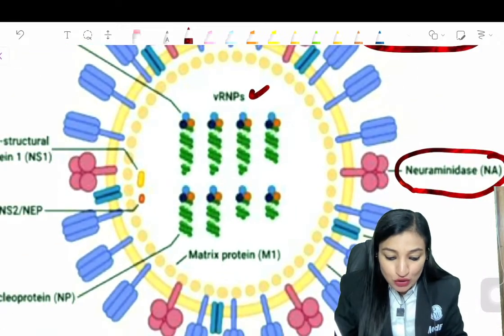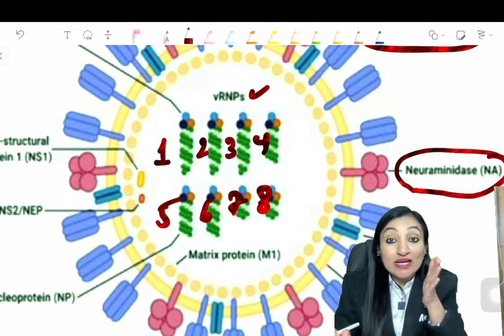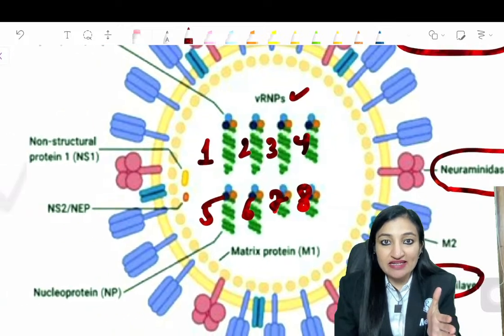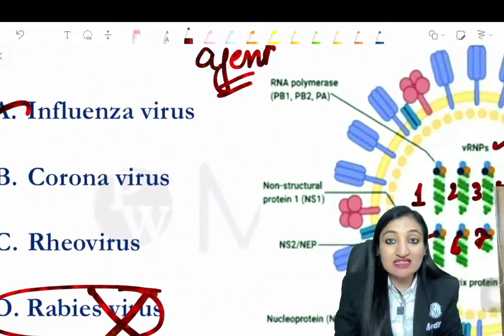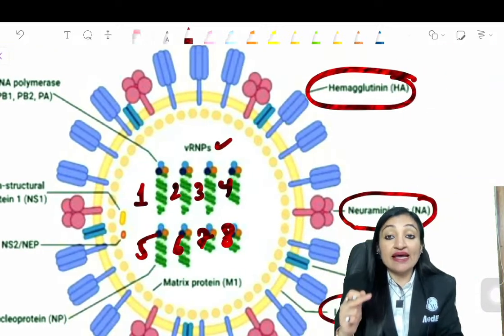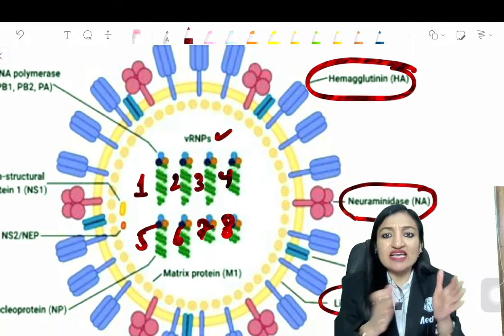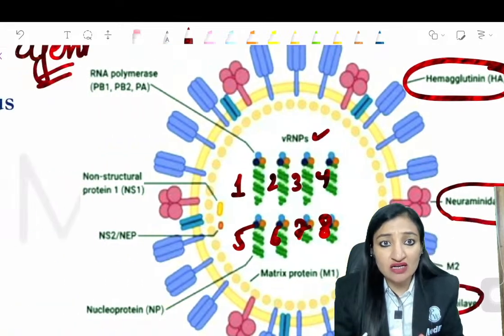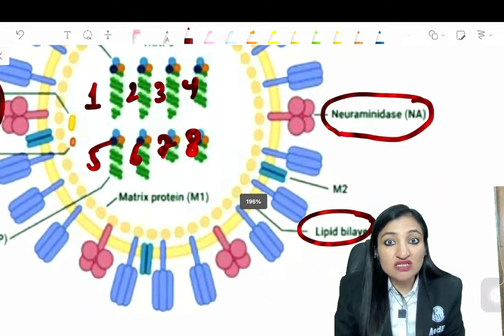And how many RNA molecules have they shown? 1 2 3 4 5 6 7 8. So it is segmented RNA, guys. Segmented RNA is seen in influenza virus. This is the typical structure of influenza virus. It's an enveloped virus. It has got H antigen, N antigen, also known as HA and NA. Both abbreviations are correct. It has got this non-structural protein or NS1, and of course the matrix proteins are